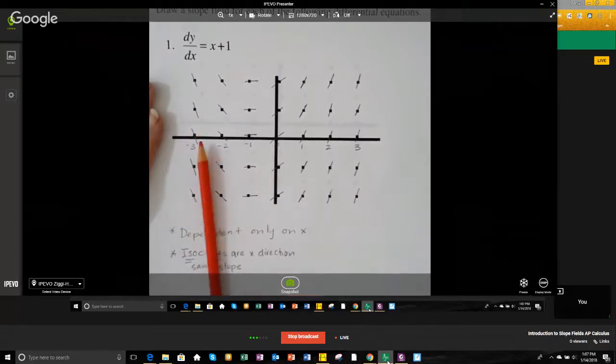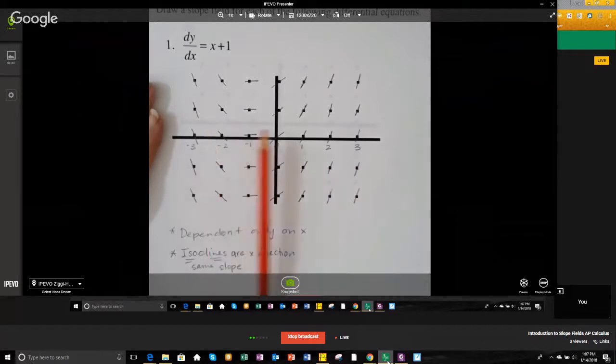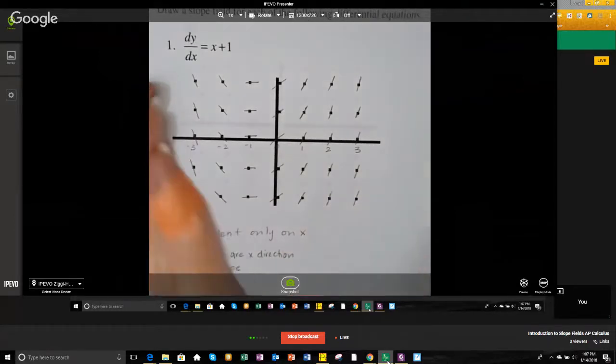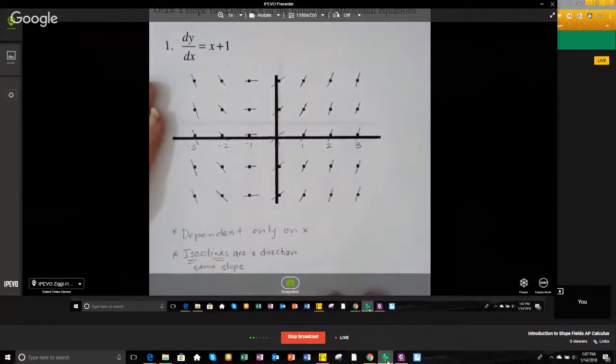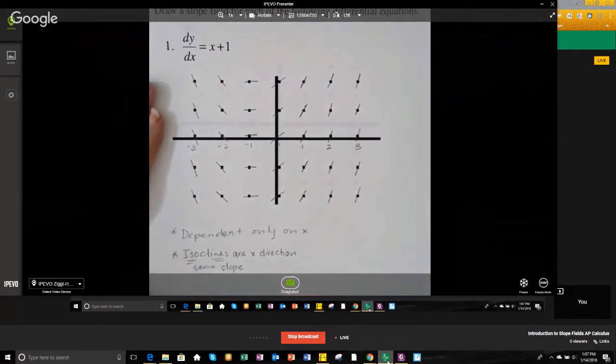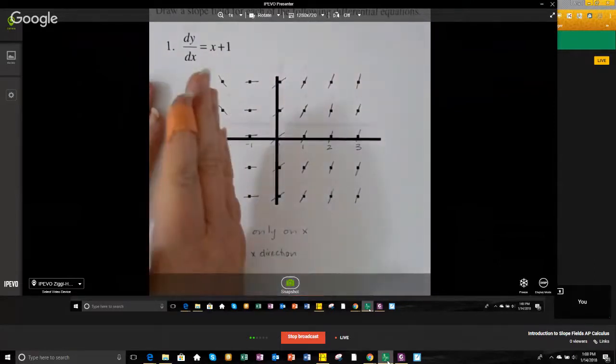Why? Because the slopes on the left are negative, going to a zero slope, going to a positive slope. So that is, by the first derivative test, a relative or local, or in this case, absolute minimum. The other thing you can tell by this is that the curve is concave up. Just by looking at the flow of the slopes, you can tell when this function is increasing. It's increasing from -1 to infinity and decreasing from -infinity to -1 because the